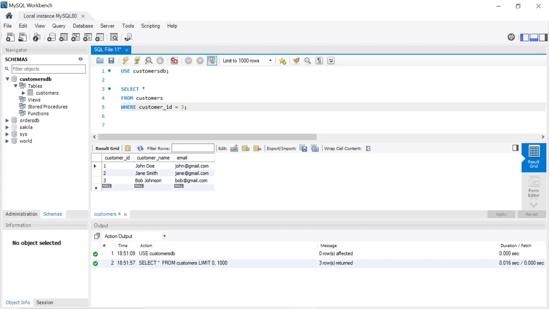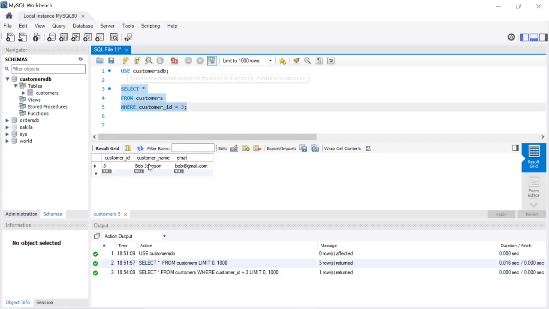So if we execute this, as you can see down here, the result shows customer ID 3, customer name Bob Johnson, the email bob@gmail.com. Those are the records we wanted to see. It's filtered out. So if you wanted to find out the information for customer ID 1,